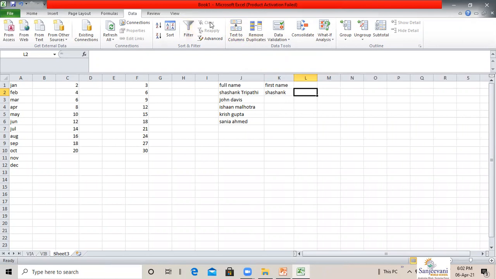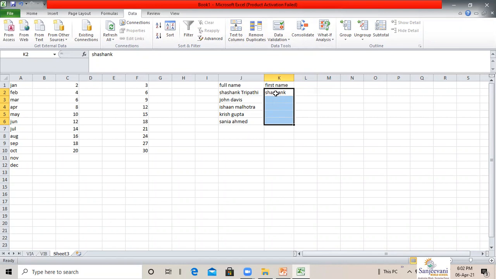I'm not having the flash fill option because I'm using Excel 2010. So those who are having Excel 2013 and beyond will have the flash fill option in the Data tab over here. When you select the range and click on flash fill, all the first names will be displayed in the pattern which you have defined.